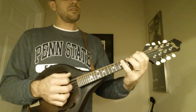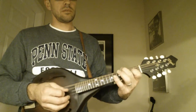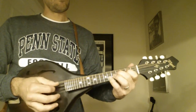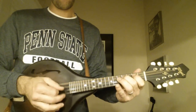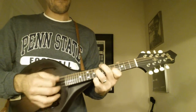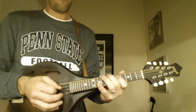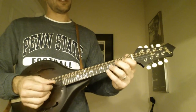So if you listen to a couple single notes. So you can see it has some, that's all on the lower end. Now if I go up to the higher end,